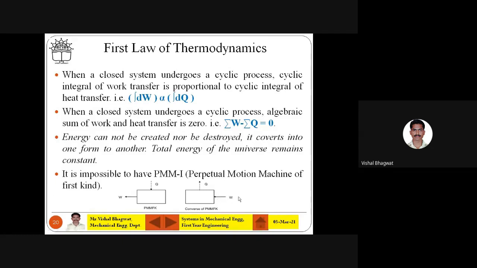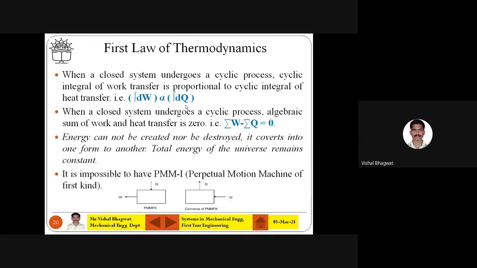How? You will receive some input energy, electricity, and then you will not produce heat, Q is equal to 0. That is nothing but PMM1. But the actual first law says you must have W in and you must have Q out. If you give electricity to an iron that you use for ironing clothes, what will happen? It will heat, right? Any electrical device, if it is consuming electricity, is basically heating. So W is getting converted into Q.